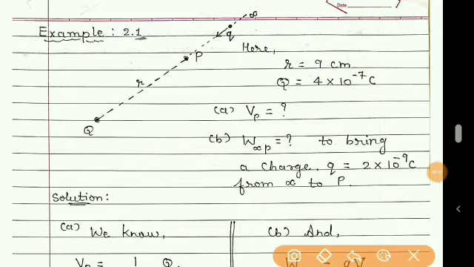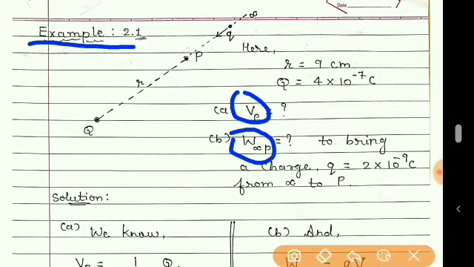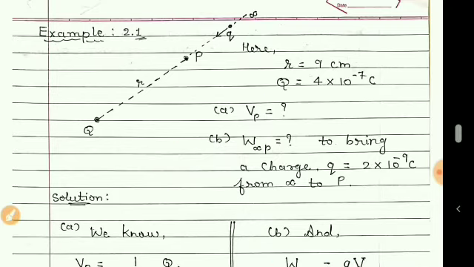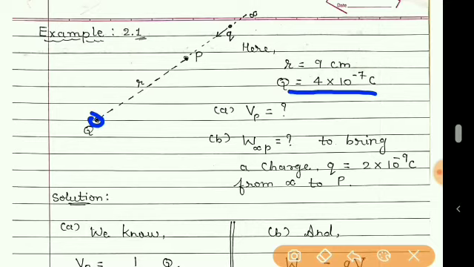Now let us see example number 2.1 related to potential and the work done, or we can say potential energy, because the work done is stored in the form of potential energy. Now here in this example, it is given that there is a charge q whose value is given here, and a point P is selected at distance r. The distance r is also given, 9 centimeter,